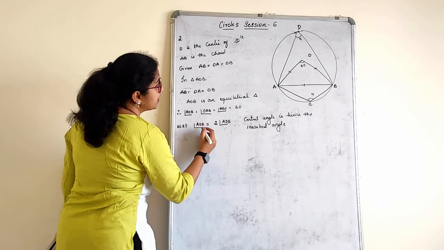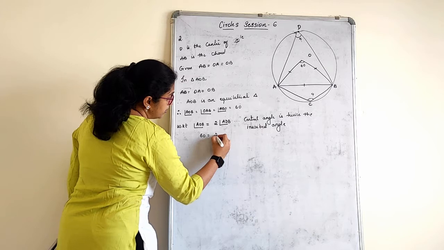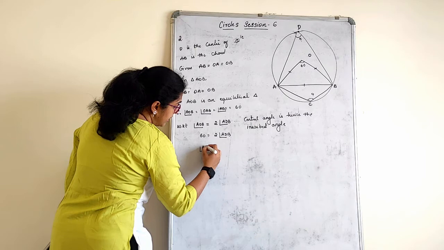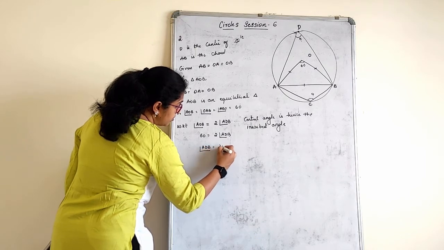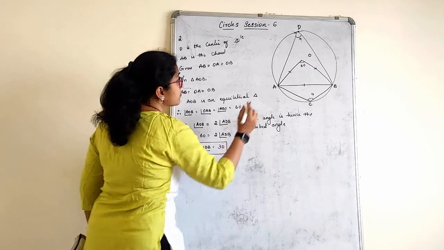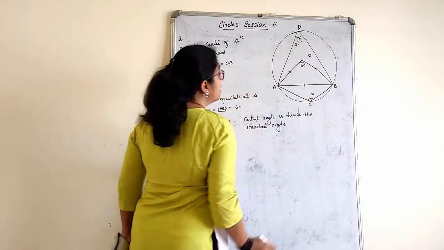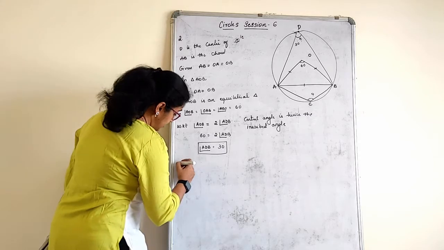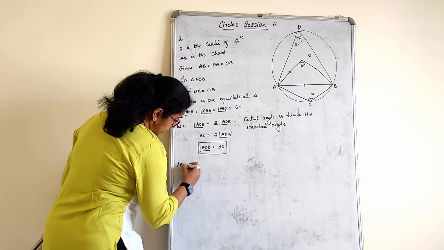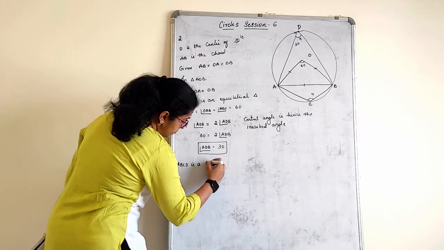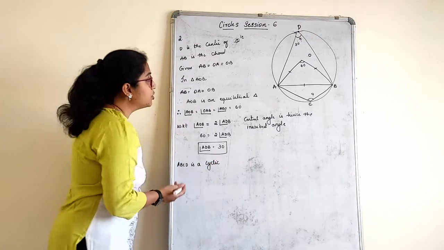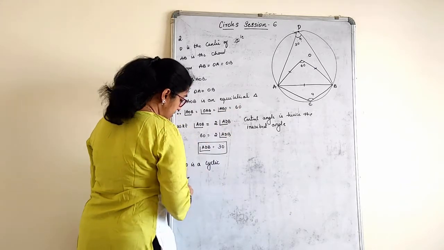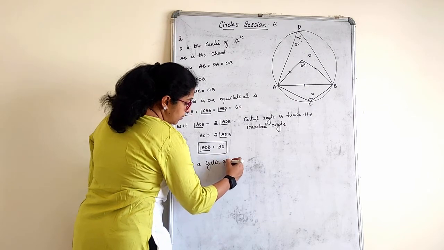Okay. Angle AOB is how much? 60. Twice angle ADB. So angle ADB is equal to 30 degrees. Next, is ABCD a cyclic quadrilateral? Yes. That's what I told you, what properties we have studied. We are going to apply that in the figures here now, or the numericals here. ABCD is a cyclic quadrilateral.